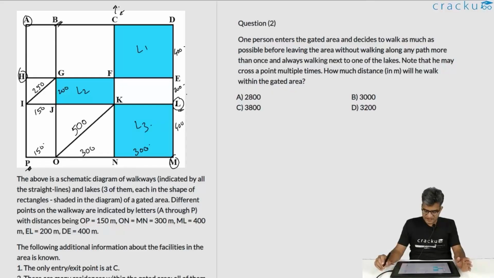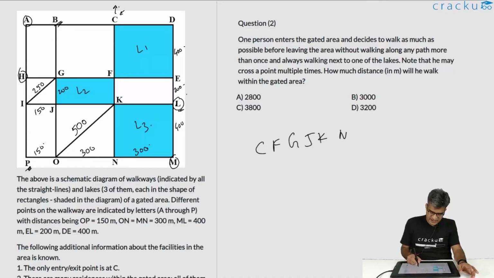How much distance will he walk in the gated area? He can cross a point multiple times. So the path that he will have to take is C, F, G, J, K, N, M, L, K, F, E, D and C. So basically, if you are looking at it like this, he will come from C to